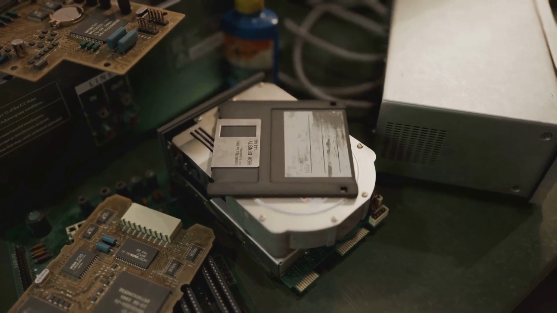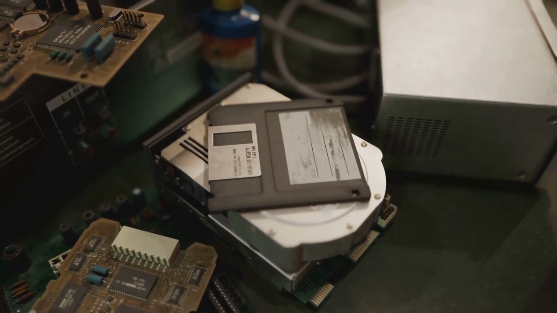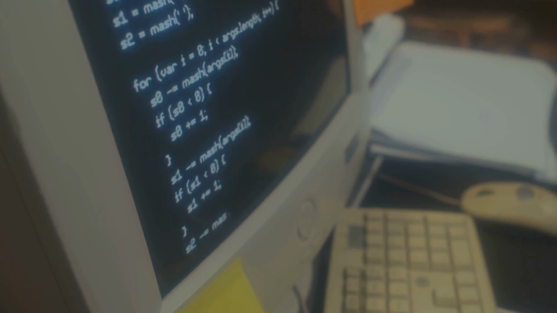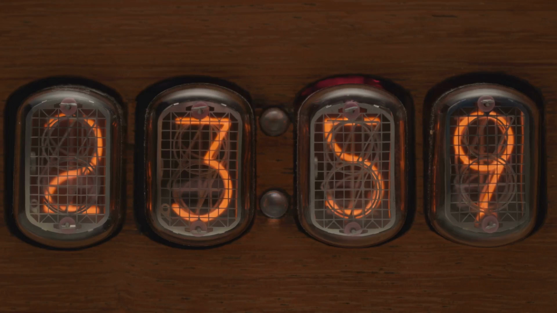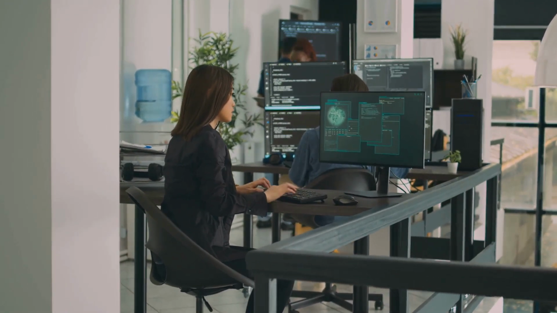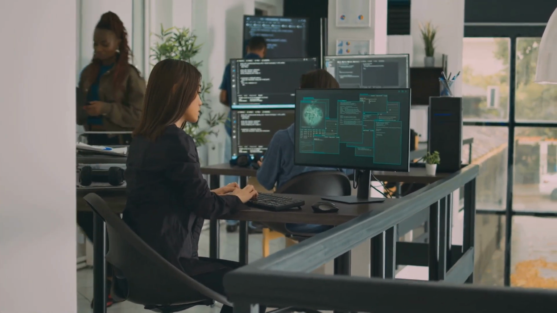To conserve memory and disk space, which were precious commodities in those days, programmers used two-digit codes to represent years. So 1999 was represented as 99, and 1985 was 85. This was all well and good until we approached the year 2000. The two-digit code for the year 2000 was 00, and this is where the problem lay. The computers couldn't differentiate between the year 1900 and the year 2000.